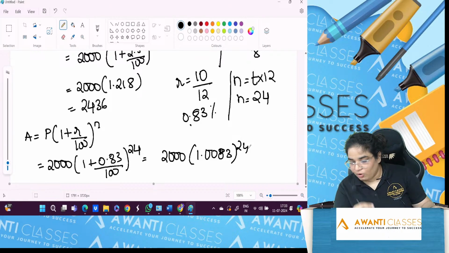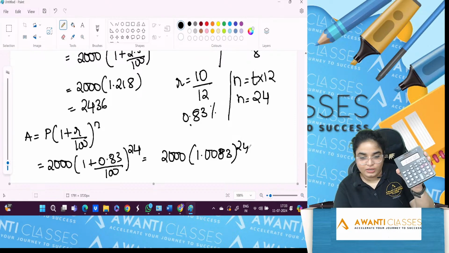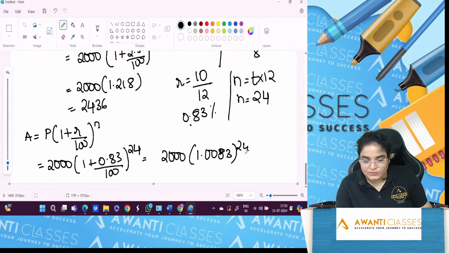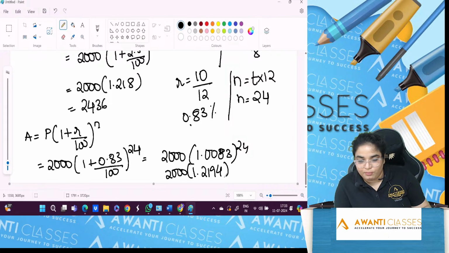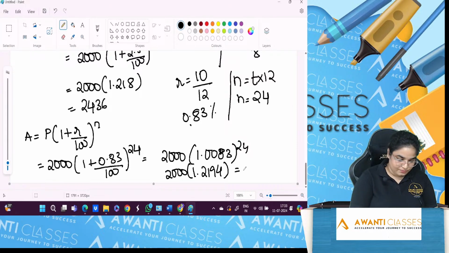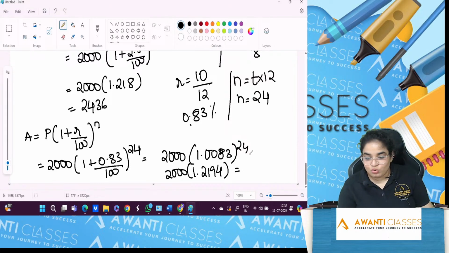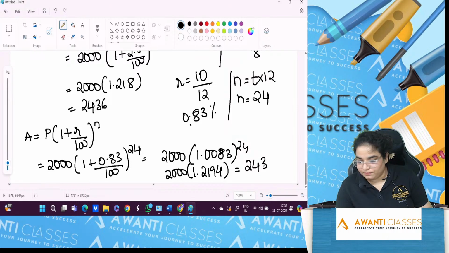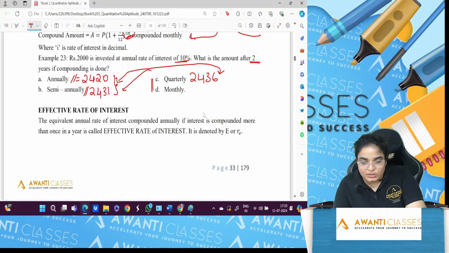Okay, it is how much? It is 1.219 something approx. Yes, 2000 into 1.2194 approx. How much is that? It is 438 approx. 2440. Almost exactly we are getting. Yes. So here it is